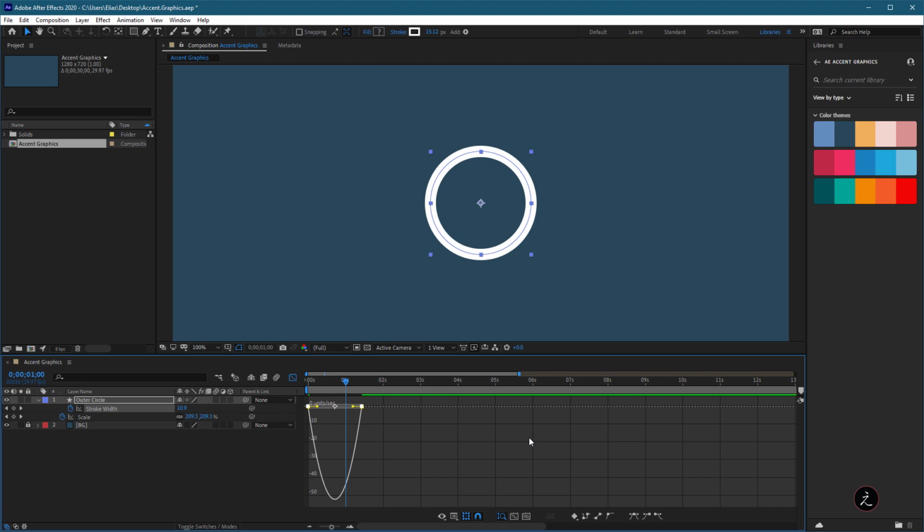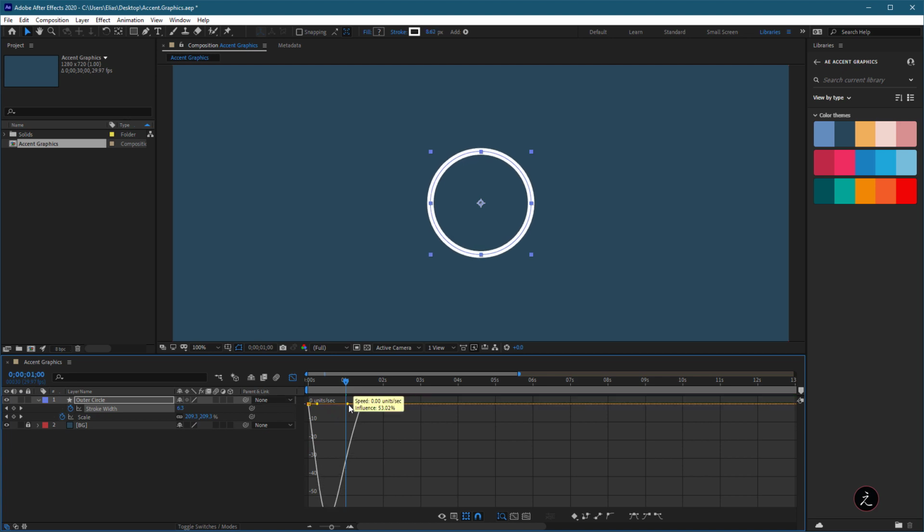Now, basically, easy ease is a combination of ease in and ease out, and it's used when elements need to be accelerated and decelerated, and that's exactly what we're going to do. So let's target this keyframe. Now, these are two keyframes. You can also bring this influence handle. This is the influence handle. Bring it in. Okay, we're looking at the percentage number here.